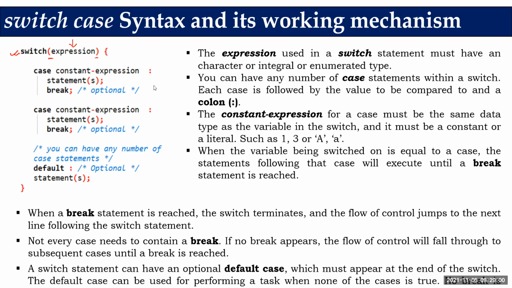So here is the most important point in switch case: the expression type should be given an outcome as either a character, an integer, or an enumerated type. Character means this, correct? Integer means any such constants, numbers, and enumerated type we have also seen. Just go through the lecture on enumeration in C programming before the switch case. Enumerations provide a list of values against a name, a list of possible values that an identifier can have. So enumerated types are called user-defined data types.